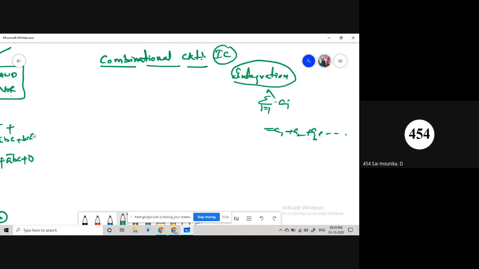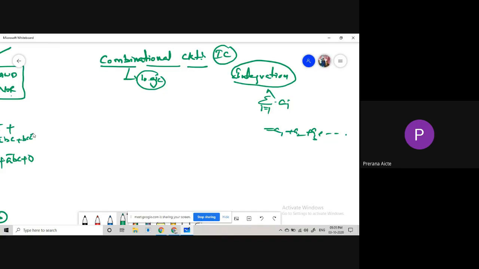Yes, sir. Based on that only we are writing this. Combinational circuit means we are combining several electrical components. What is meant by circuit? Taking many electrical components to get some output is nothing but a circuit or network, right? Instead of electrical components, here we are using logic gates. We combine several logic gates, and then only we form this combinational circuit.